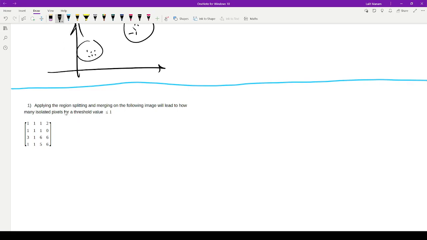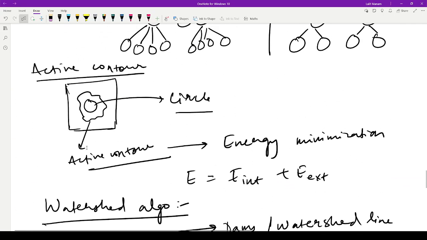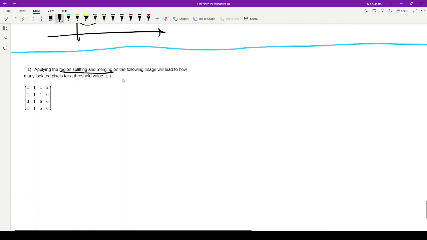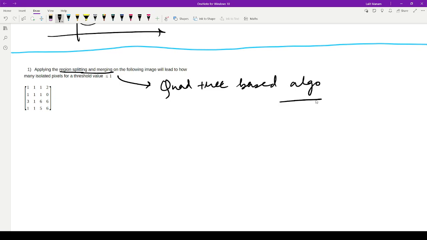If anyone remembers, what is region splitting and merging? Well, I did tell it here, but yeah, quadtree. Quadtree based algorithm is the region splitting. So here we are assuming a quadtree based algorithm. So yes, okay, people are still joining. Okay. Yeah. So given this